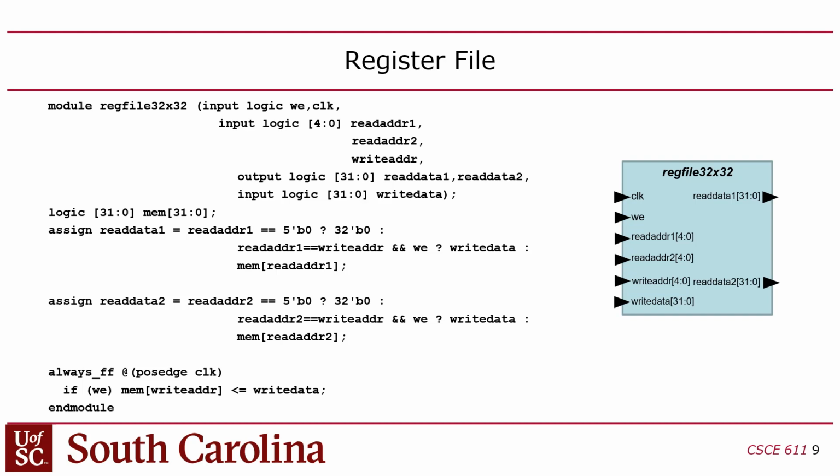That means I have, I don't want to say a conflict, but I'm reading and writing the same thing at the same time. Instead of reading the mem array, I'm going to bypass the mem array. I'm just going to say, look, I'm just going to take the write data and spit that back out at you. So if you try to write to the same register that you're reading, I'm going to take the data you're writing and just turn it right back around at you, right? That way, if you read and write at the same time, you'll get the updated value that you're reading, right? You might say, well, why is that important?